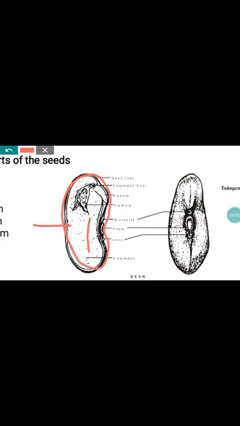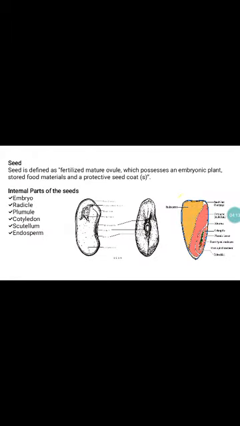In the case of a monocot, there is also a cotyledon, but a single cotyledon, and it is very much utilized by the developing embryo and endosperm. During development, the endosperm utilizes the cotyledon, the one cotyledon available in the monocot seed. Even after consumption, a small amount of the cotyledon remains in the monocot. That is called the scutellum. In the case of monocots, the major storage organ is the endosperm.